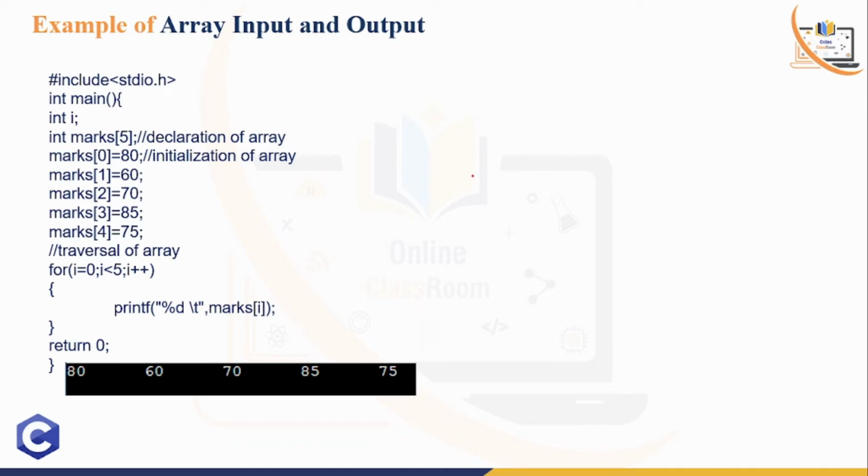First, what I told in the previous slide, that is the marks 80, 60, 75 and 85. If I write the same code in a programming structure, then what happens? Now I think it will be more clear to you all. So suppose we include stdio.h, you know the main function, you also know int